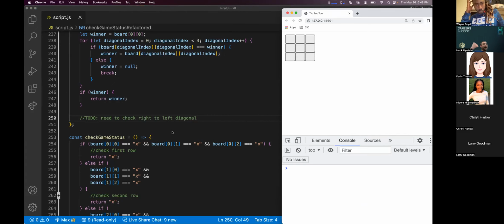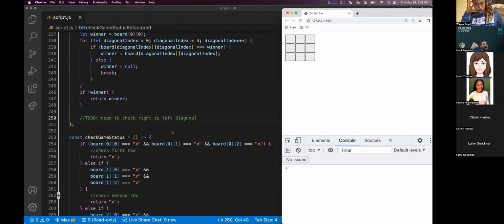Does the solution have to be a loop? No, just use if statements? We could use the if statements. I'm glad I didn't get over to that part. Or you could get creative and try and make it work with a loop. So, does someone other than Larry or Doug want to try and read through this code and explain how our diagonal checker is working?